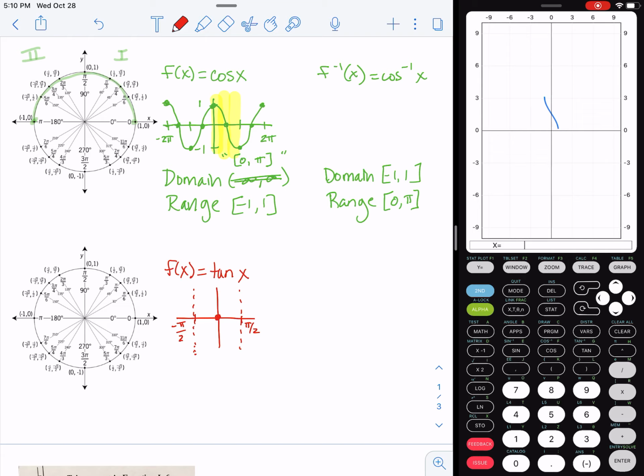And it has 0, and tangent is an increasing function. Okay. So the domain for our tangent function is not including -pi/2 to not including pi/2, because that is where our asymptotes are. But the range is -∞ to infinity. Okay. If we're talking about the inverse tangent, that arctangent,